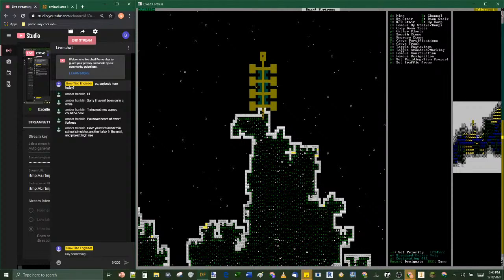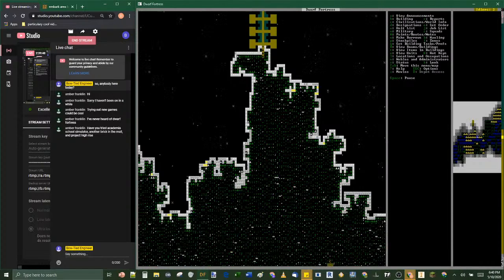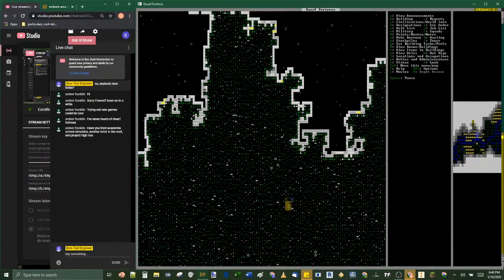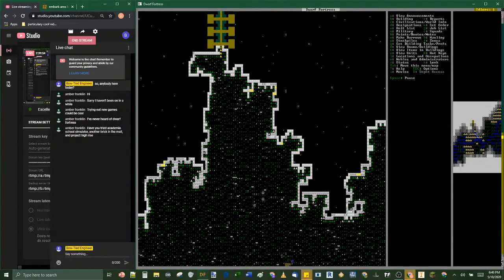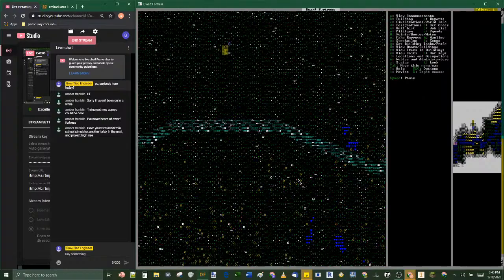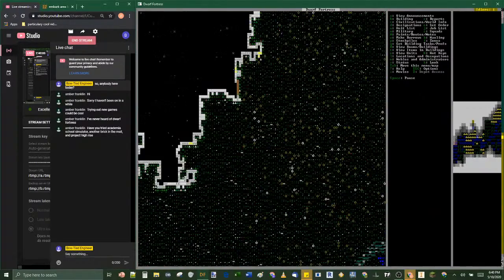So I can go ahead and resume, and my dwarves over here, at least, a few of them are going to... And you see how that's flashing, that means that those are going to be mined out right now. And some of the other dwarves have just gone off wandering around. Actually, I think I'm going to go ahead and